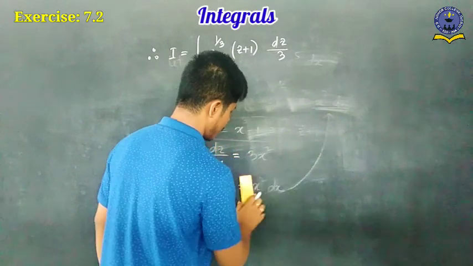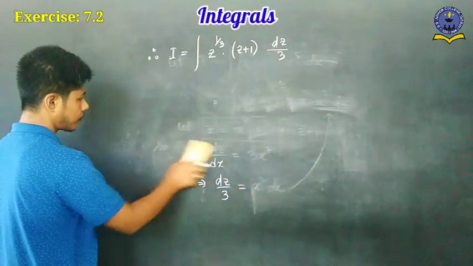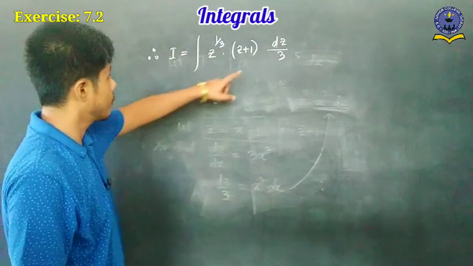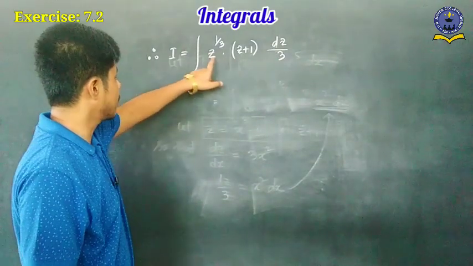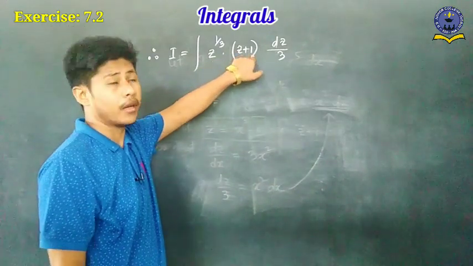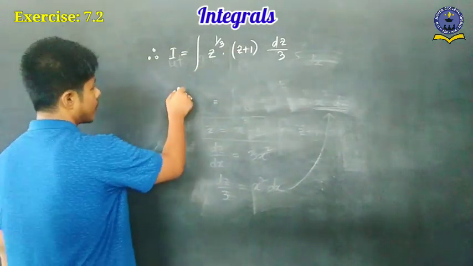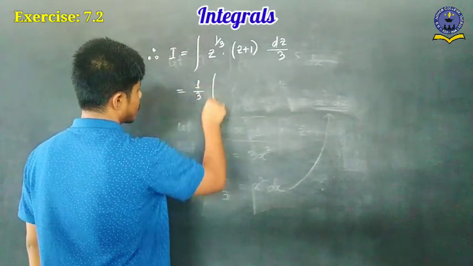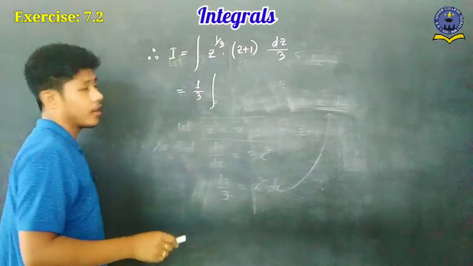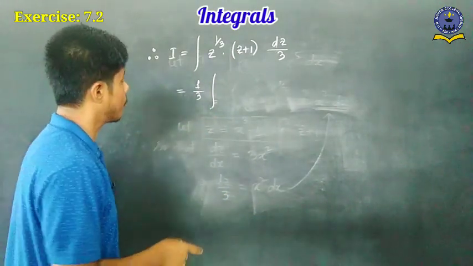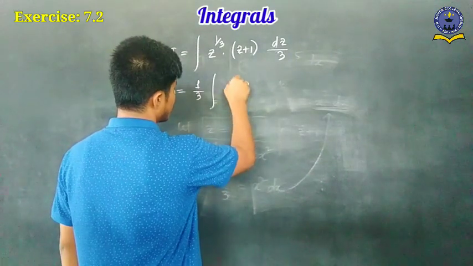After substitution, we can easily solve this one now. So you see here, 1 by 3 is a constant term, and this z to the power 1 by 3 we multiply with z, as well as with 1, and easily we can separate the result. So 1 by 3 is the constant term, and we write it outside. Integration of z to the power 1 by 3 into z: how much do we get here? 3 plus 1, that is 4, so we write z to the power